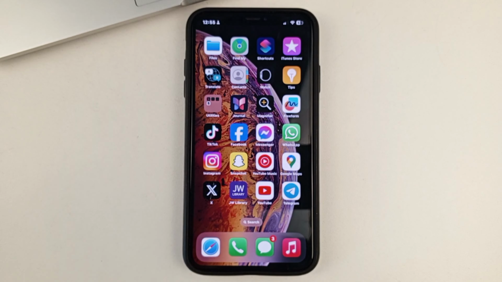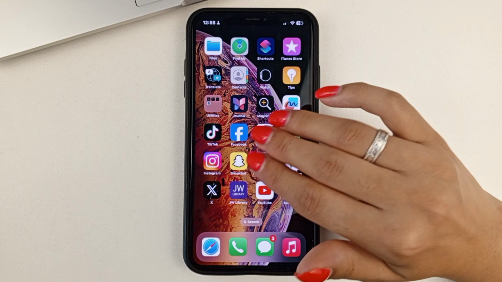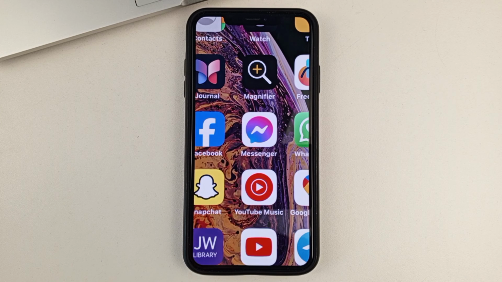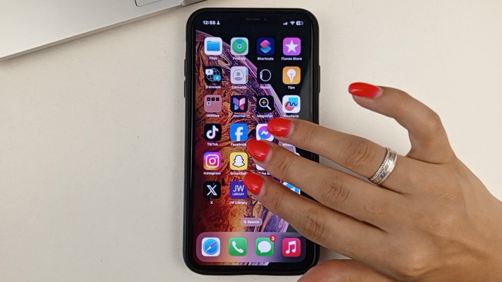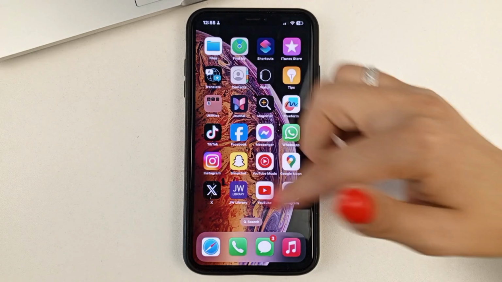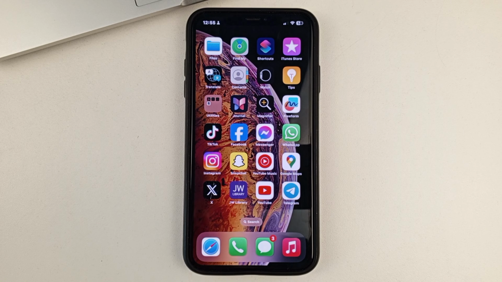But how do you turn it off? First of all, if you do that with 3 fingers in order to zoom out again, all the shortcuts and all the icons that you have, you can also just use 3 fingers to double tap the screen to shrink your home screen. But that way, you just go back to smaller icons, but you don't turn off, of course, this zoom feature.